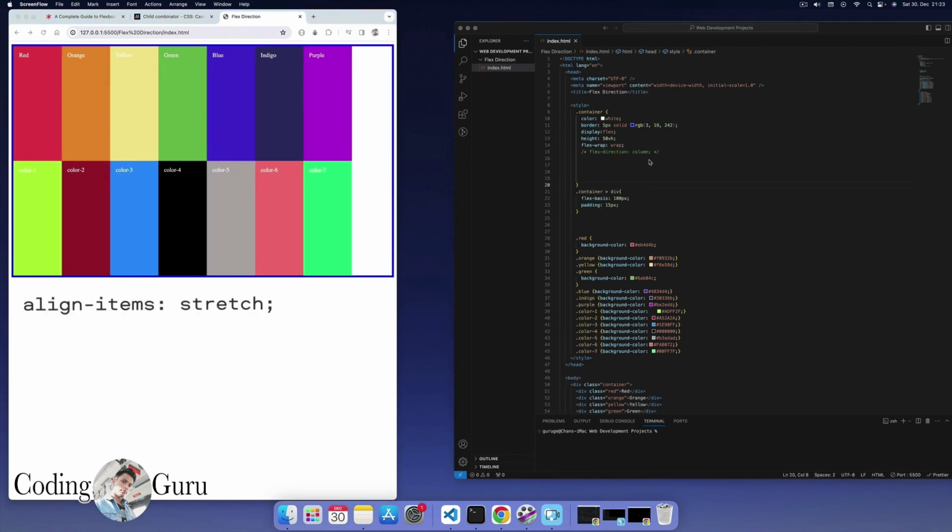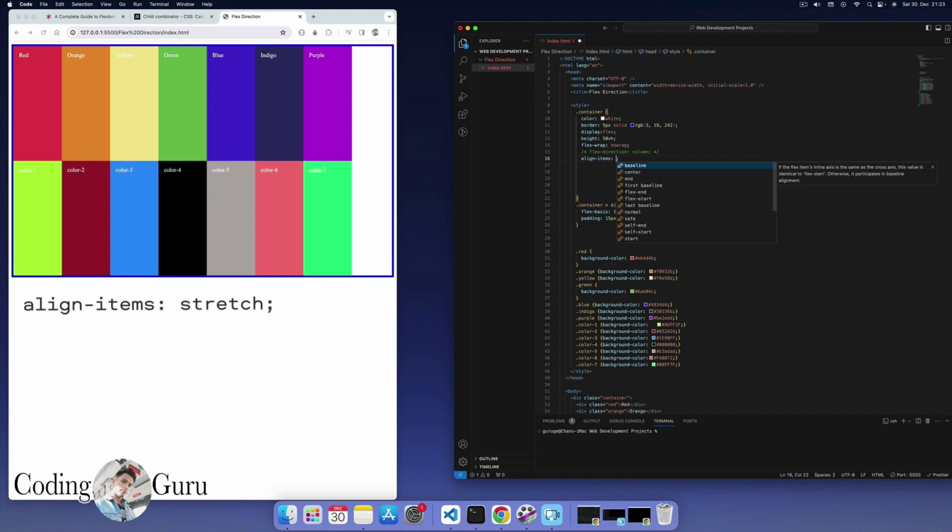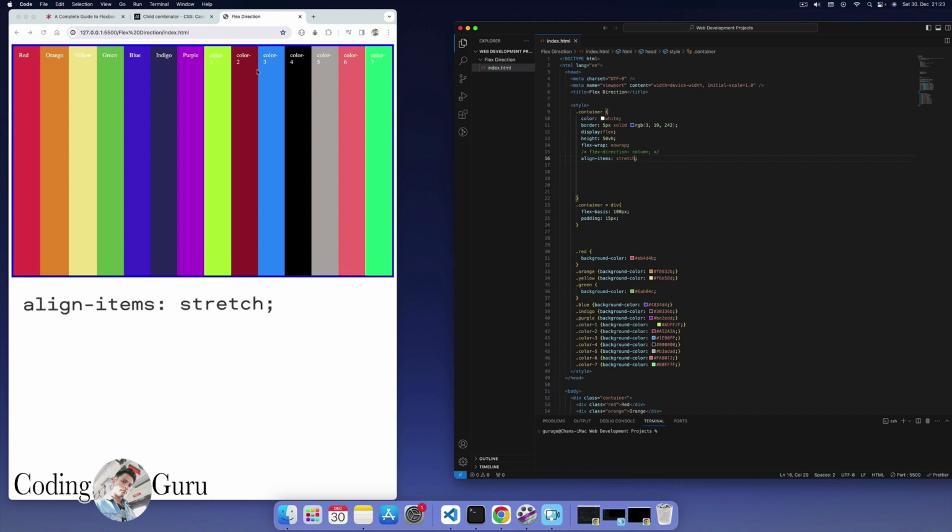Align items is another important property. Flex wrap should be no wrap, right? It should be no wrap. The other thing is, there should always be a height to see, otherwise it's not really visible. If there is no height, we can't see the result. So align items. By default, it is normally stretch. This is the default behavior. So all have stretch. Flex start,